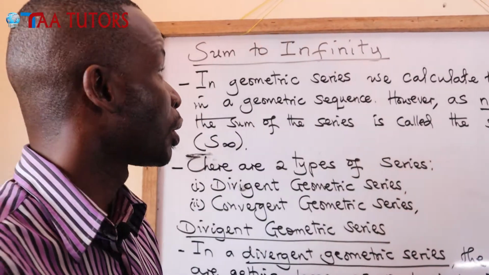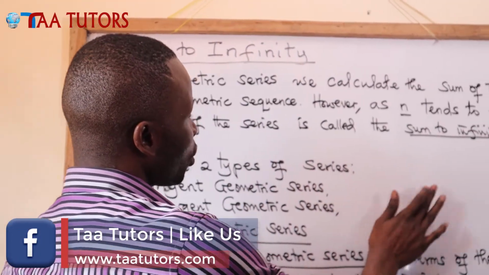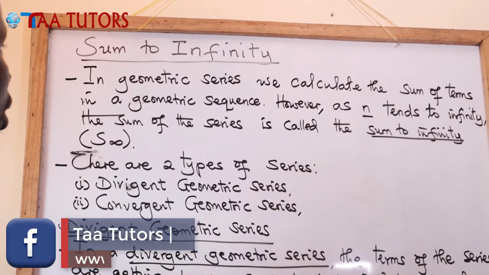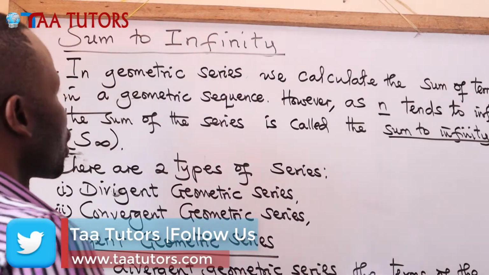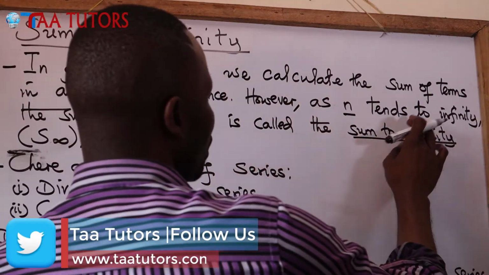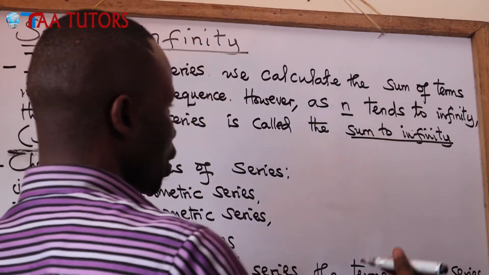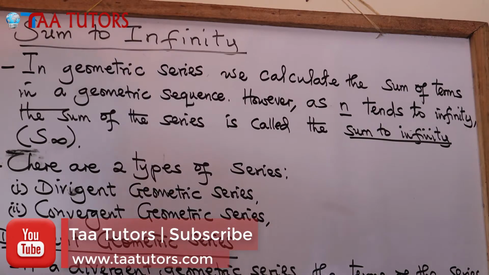Mr. Ringo again, coming with a new sub-chapter that is sum to infinity of geometric progressions. Now, infinity means something that is unbound, something that continues until an unknown limit. We are not binding it to certain boundaries, maybe between this number to this number. For example, in the previous